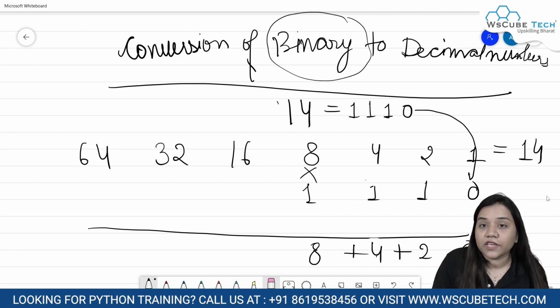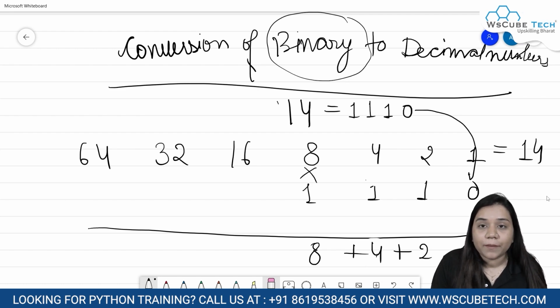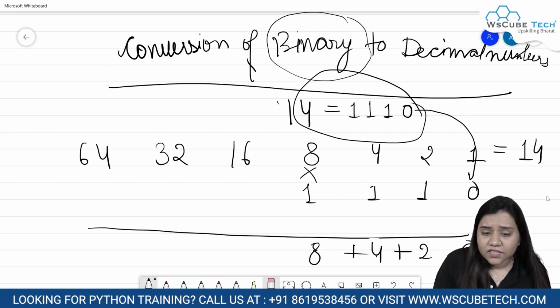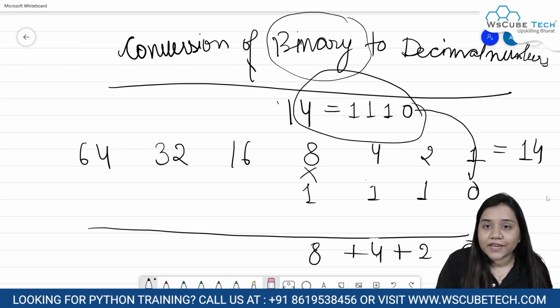And this 1110 will be our binary for 14. And if you want to check, you can go and check with the help of the bin method as well, to see what is the binary of 1110, and you will get the output over there like this. Okay. So this is how we can convert binary to decimals and decimals to binary as well, right? Now let's